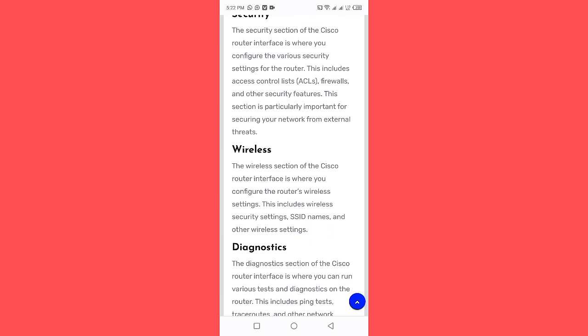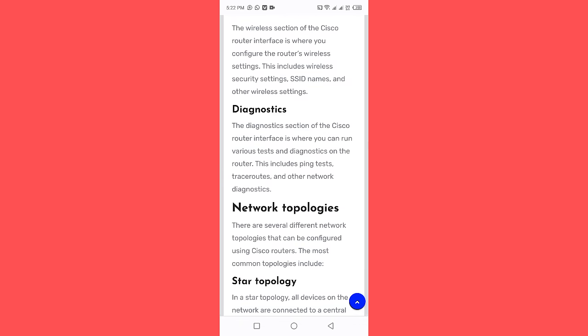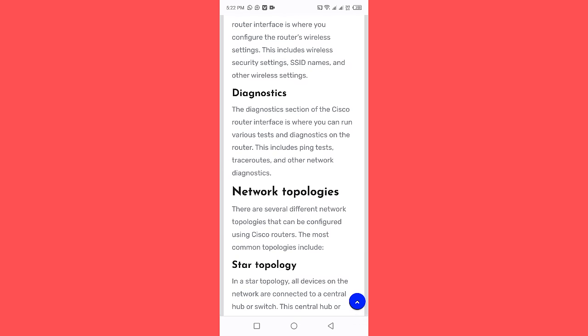Wireless. The wireless section of the Cisco router interface is where you configure the router's wireless settings. This includes wireless security settings, SSID names, and other wireless settings. Diagnostics. The diagnostics section of the Cisco router interface is where you can